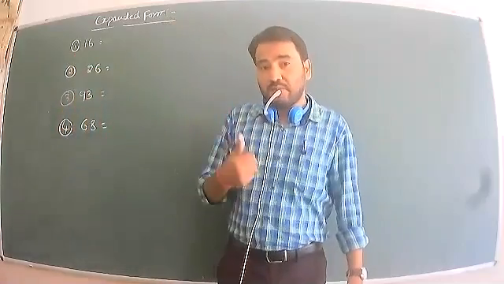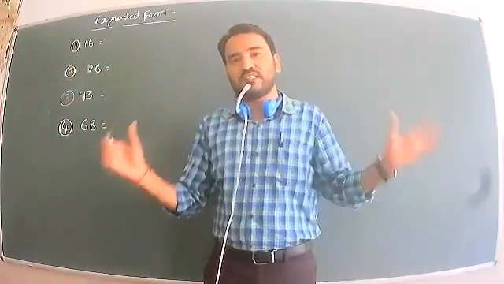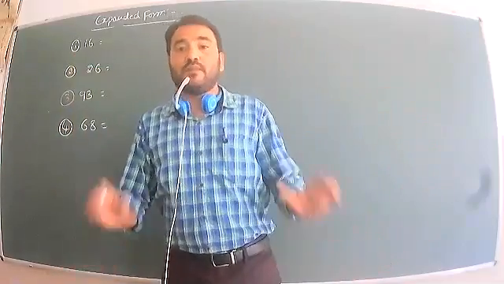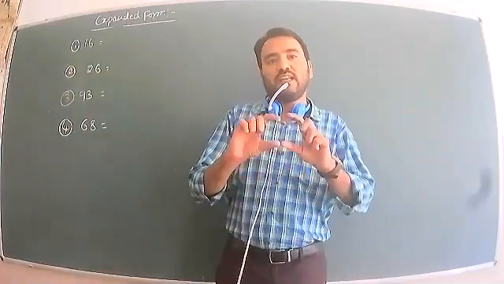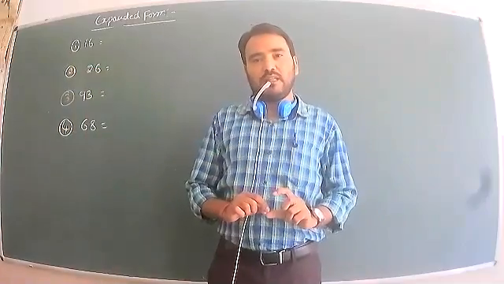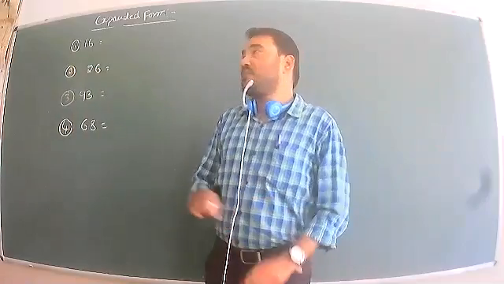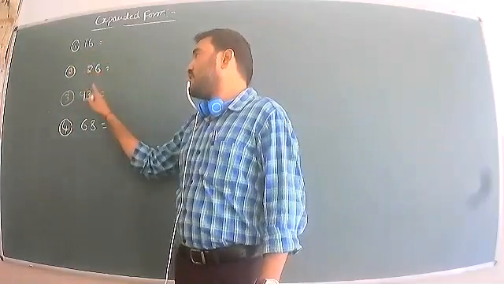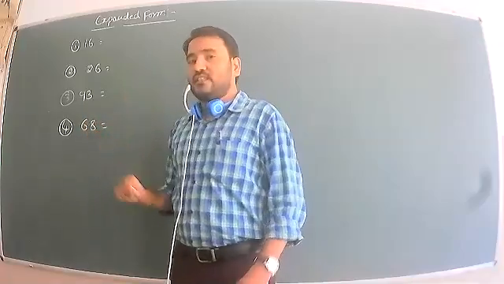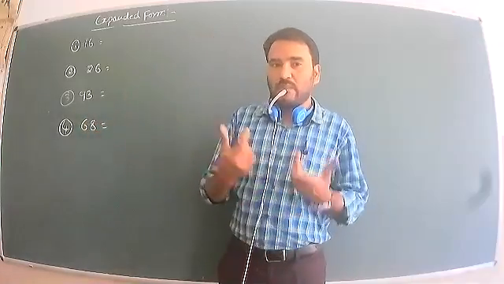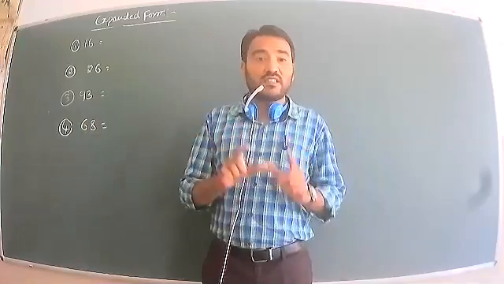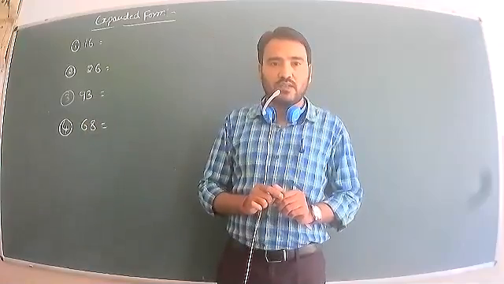So how should we expand? We know the tens and ones. Using the tens and ones, we can expand the number. Look at this; I will give some examples: 16, 26, 93, 68. These are the numbers. You know the spellings. So we have understood the ones and tens. How are they tens and ones?